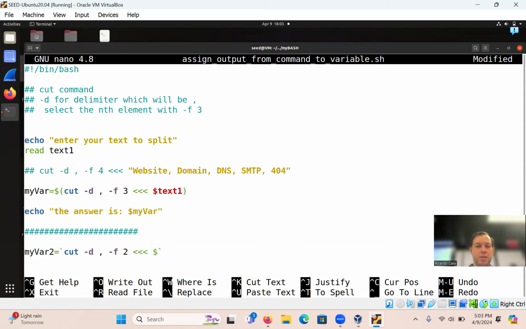And then it should be text1 like that. All right. Then we're going to also try to print that one out. So I'm going to say echo the second answer is, and then it should be, oh yeah, $myvar2. All right. So let's go ahead and try this one out.